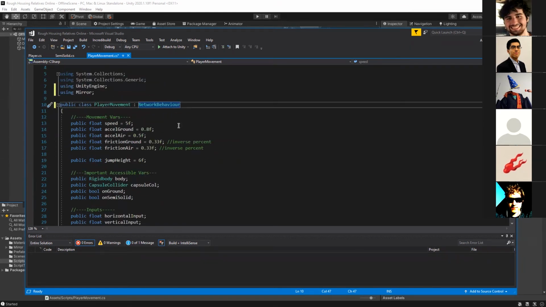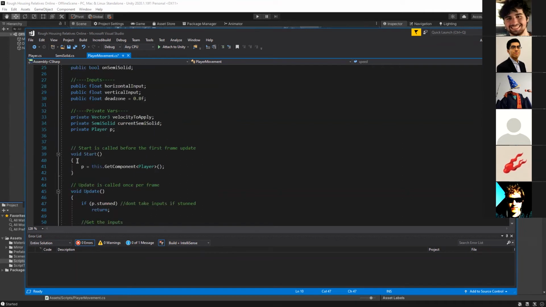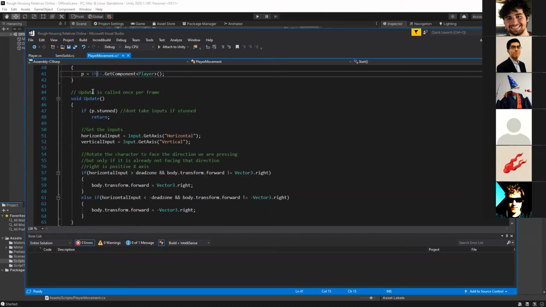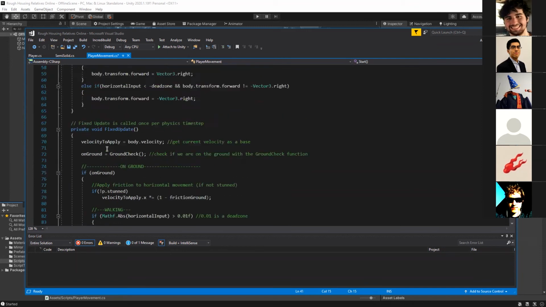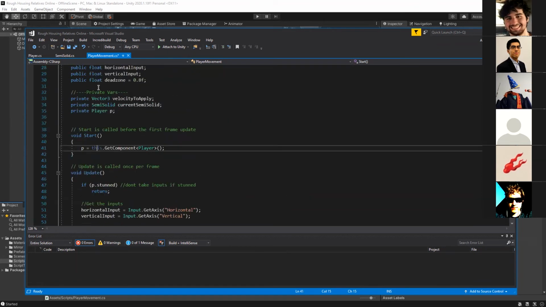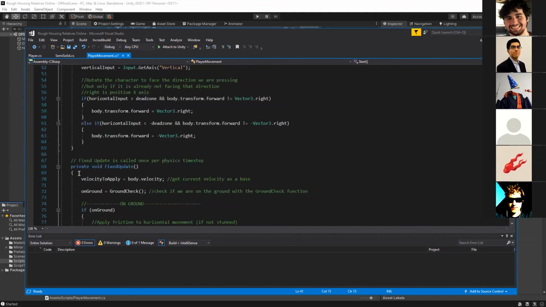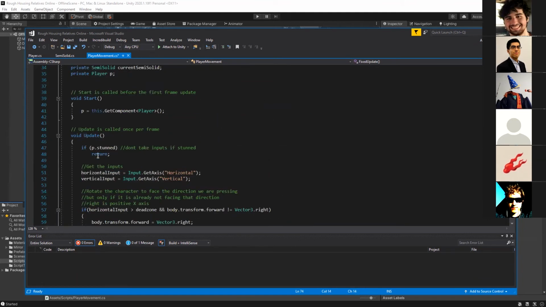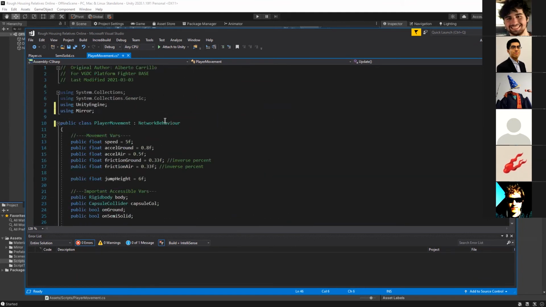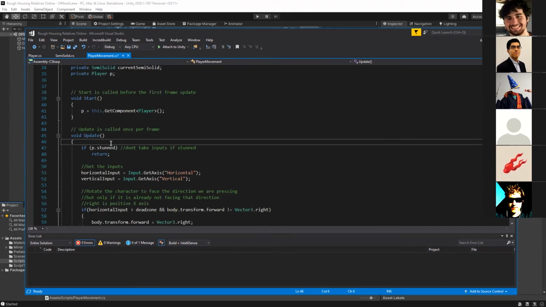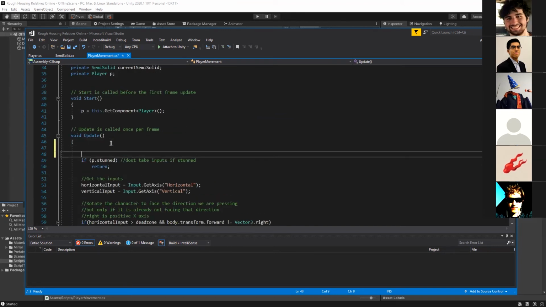But for the sake of simplicity, I'm just going to make it a NetworkBehaviour, because the only thing in the start function is the component player, and then everything else is an update or fixed update. So if you uncheck the script, nothing else here will run. But because this is now a NetworkBehaviour, we can just add some lines at the top of update.